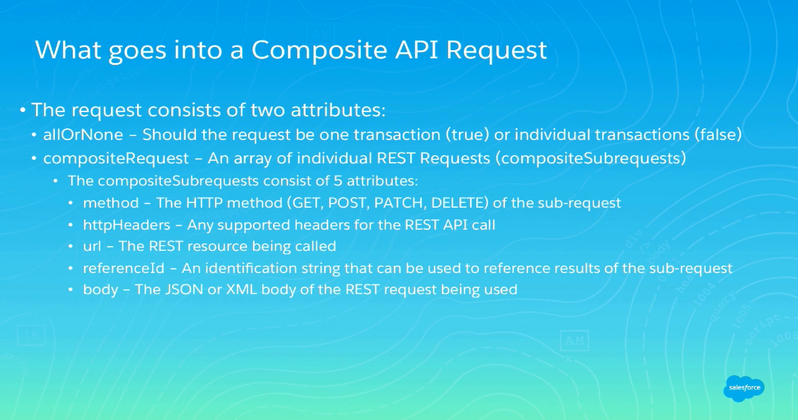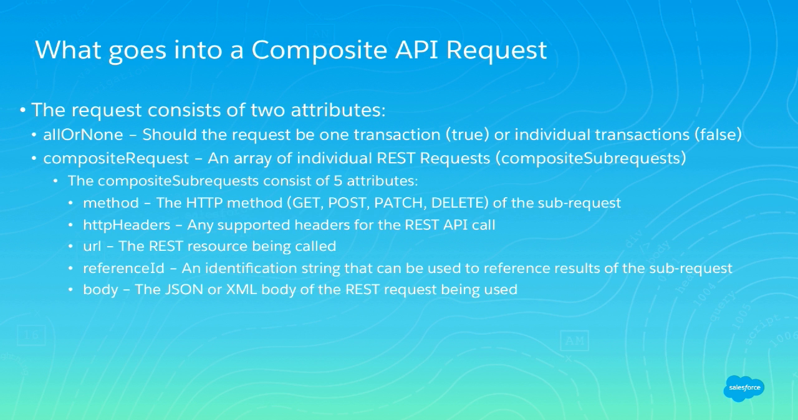The second attribute is the composite request itself, which has a number of attributes under it. So you essentially tell us the method that you want to use: post, patch, delete, get. You provide any of the headers that you want to support if you're doing any of our custom REST headers. You provide the URL of the resource you want to hit, such as /sobject/account or